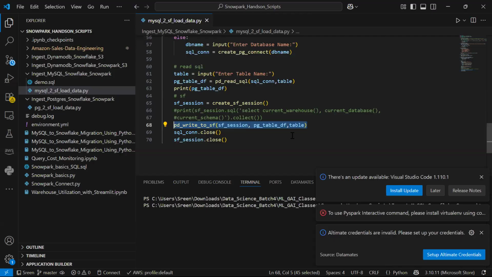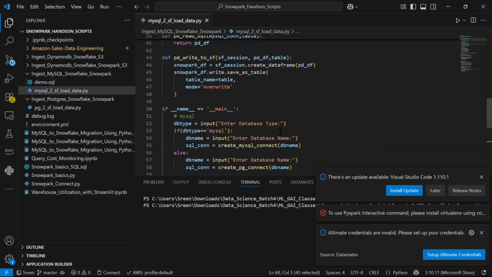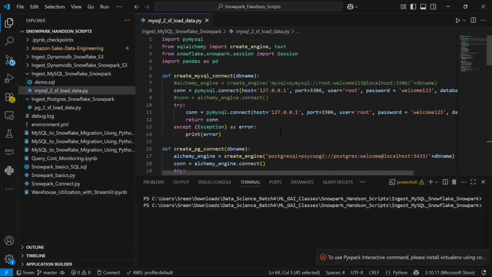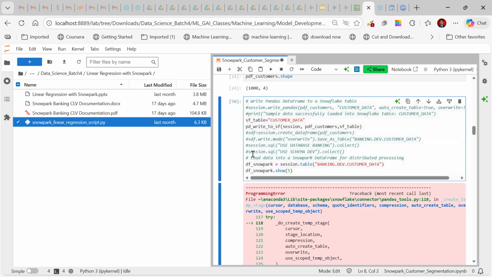Because we are not using any session like that. The session we created and we are simply writing. I don't know. That's the challenge here. Even for that, we are using session dot SQL here.